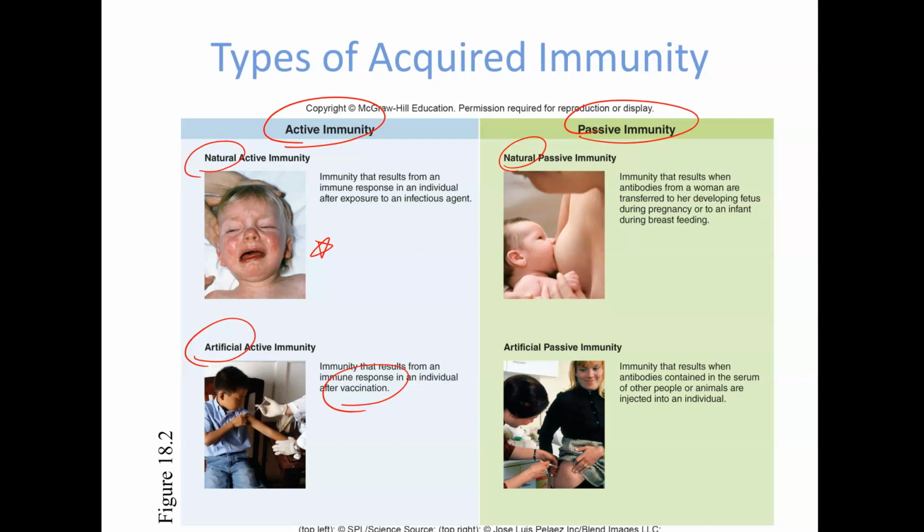So natural passive immunity is the immunity basically given to you by your mother, whereas artificial passive immunity, you probably haven't heard of this, but this is a very expensive type of immunity where you essentially are getting serum or plasma from other people, or sometimes even animals that have some type of protective component to them. So there's been a lot of talk actually about this with COVID-19, that the blood plasma or blood serum of people that have survived a coronavirus infection